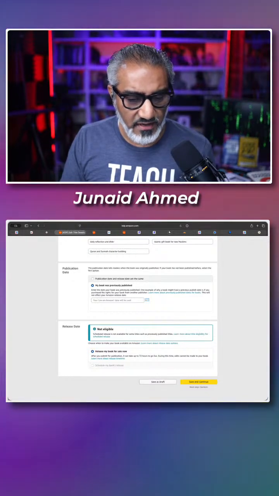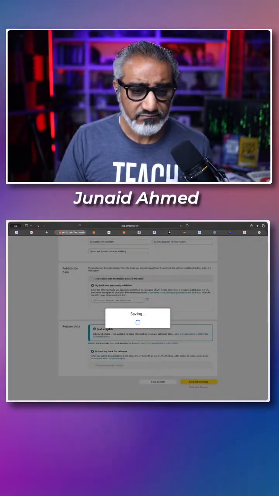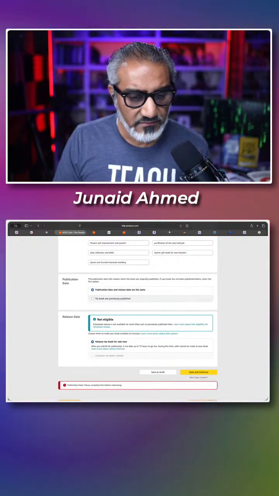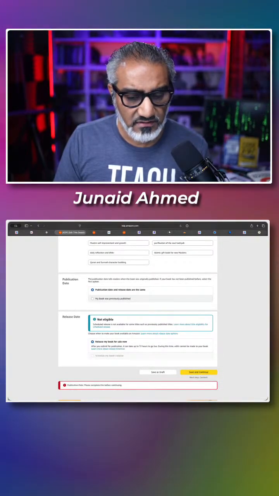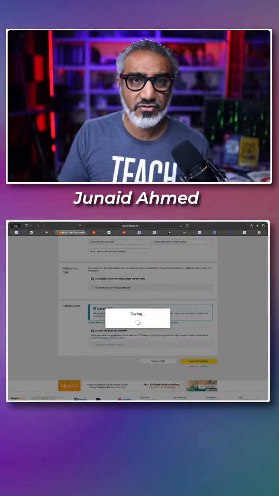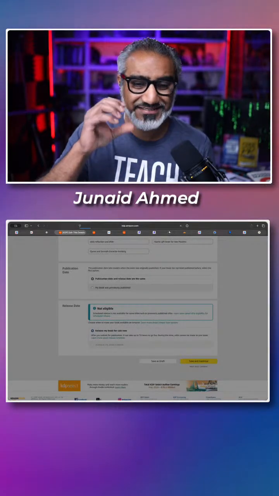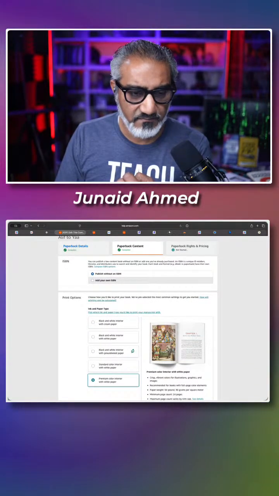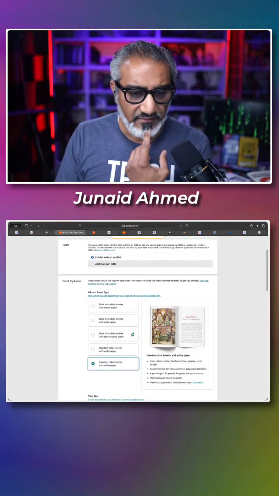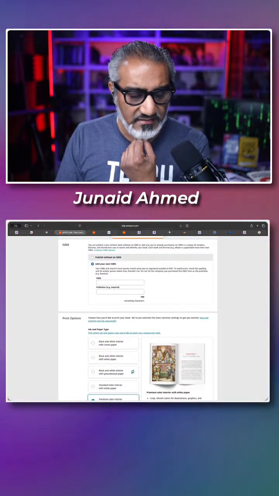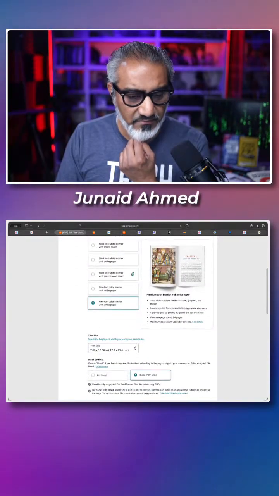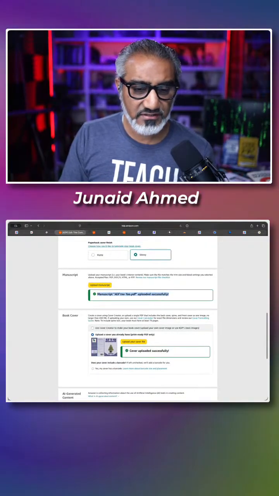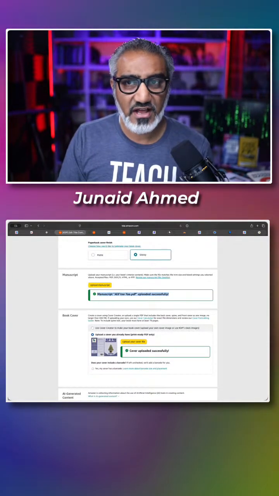All right, we're going to release it right away. So let me go ahead and save and continue. And so this is the process you've got to go through. Oh, let me just hit save and continue. This is the process you've got to go through when you're publishing a book or when you're setting up the project inside of KDP. I've got my own ISBN that I can add in here. I'm just going to skip that for now because what I want to really show you is we got the manuscript loaded and they've got an entire checklist on how to do all of that.